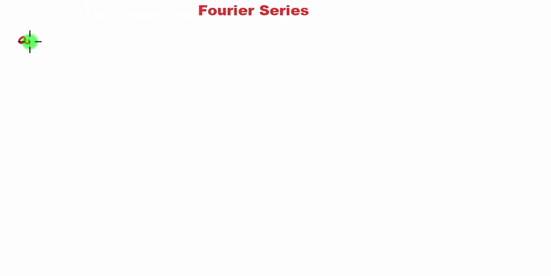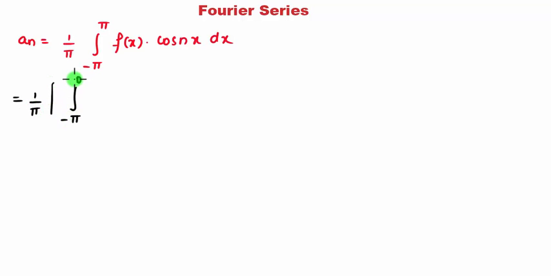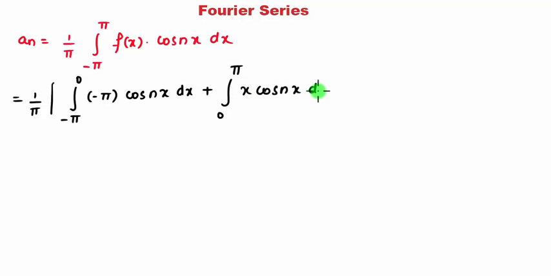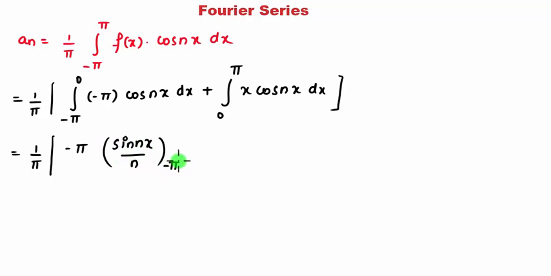So an is given by 1 upon pi, integral from minus pi to pi of f of x into cos nx dx. Let's substitute that. I get 1 upon pi. First is minus pi to 0. My f of x is minus pi cos nx dx, and from 0 to pi I get x cos nx dx. When you solve this, you get 1 upon pi, minus pi is constant, integration of cos nx is sin nx divided by n, where your lower limit is minus pi, upper limit is 0, plus